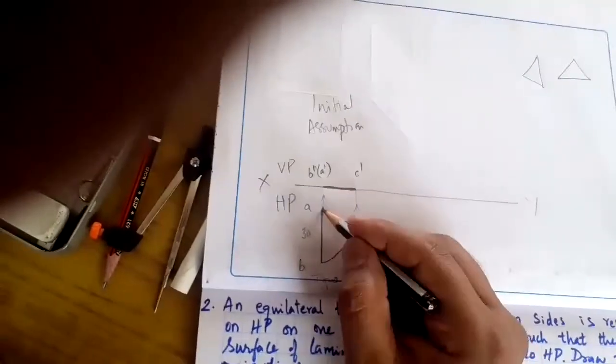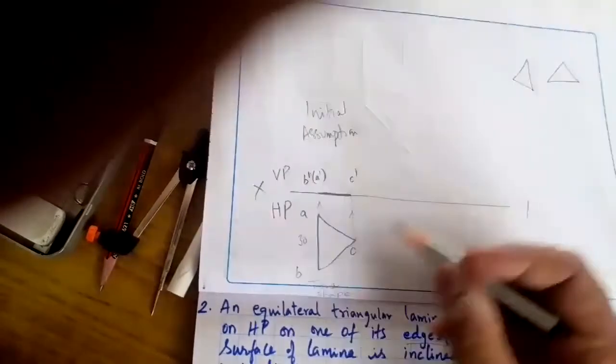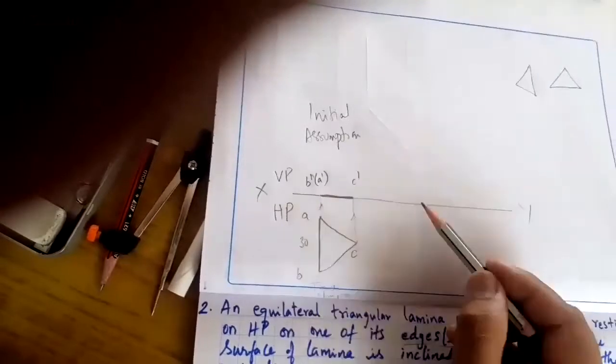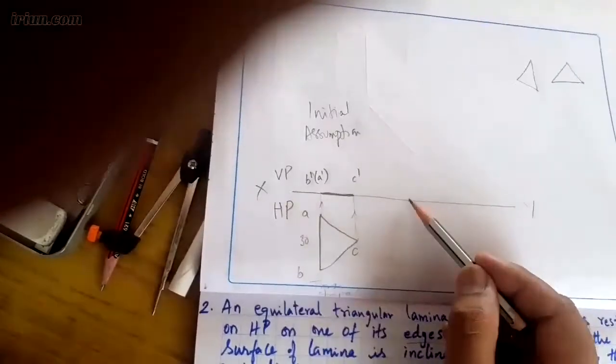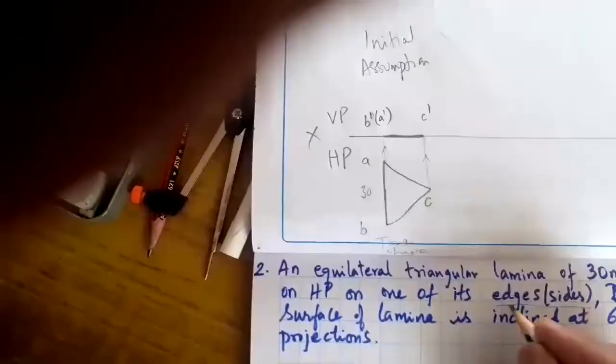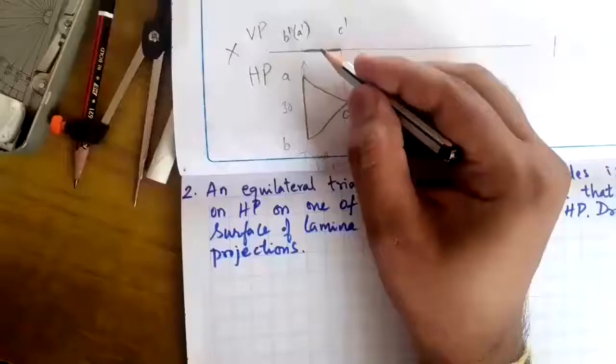If it is said as resting on a corner, you can take the corner on the left hand side or make sure that C dash is resting in the second position on the XY line. Able to get it? So now, as it is resting on an edge, what I will do here is I shift this front view to the new position.